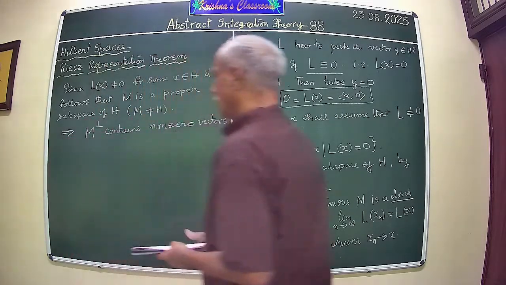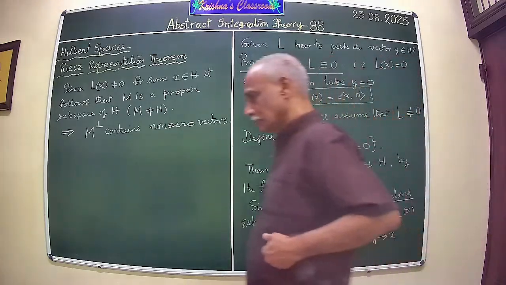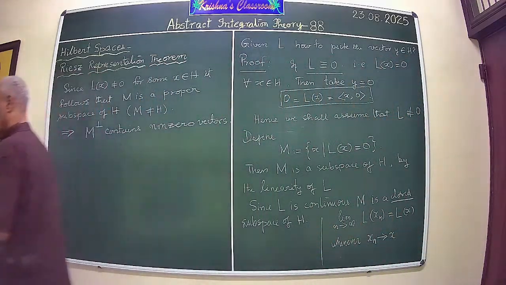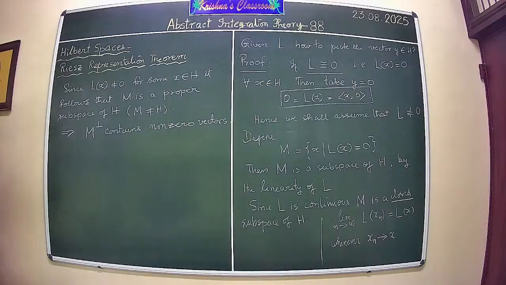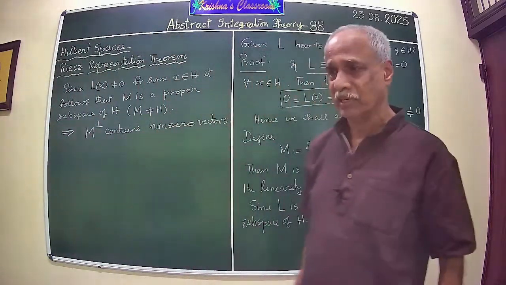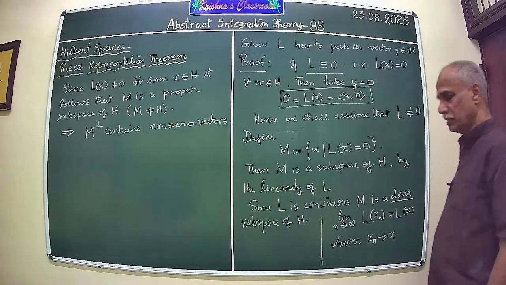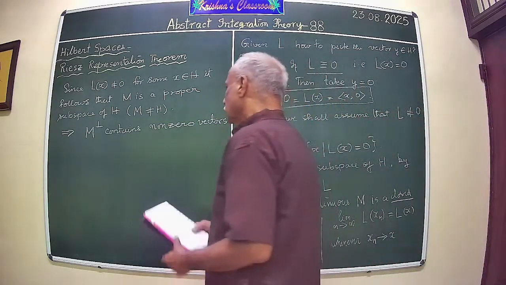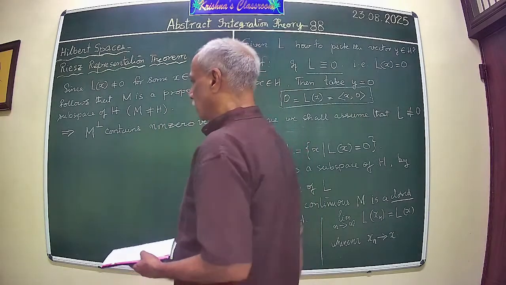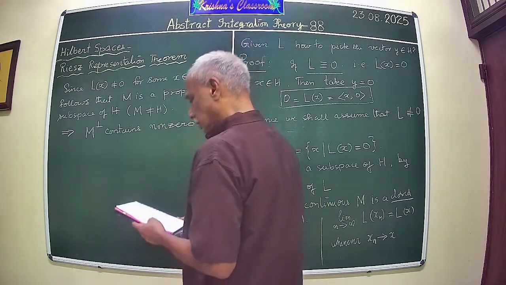Now, what is our strategy? So, we have arrived at M perp. We shall not bother at the moment what is the dimension of M perp and so on. But at the end of the proof, it will be clear that it is one dimensional, or M has co-dimension one. Right? So, let us work that out. Okay. Therefore,